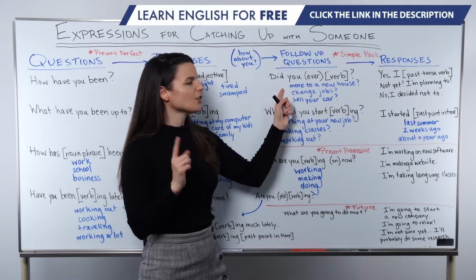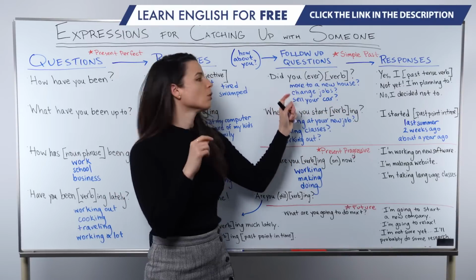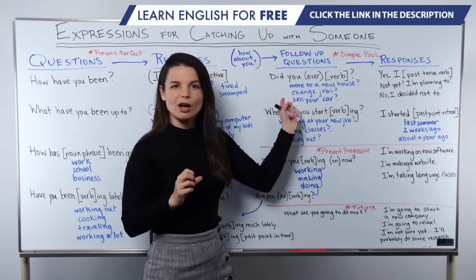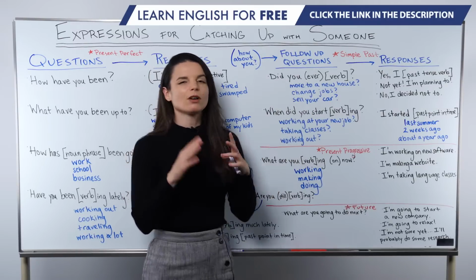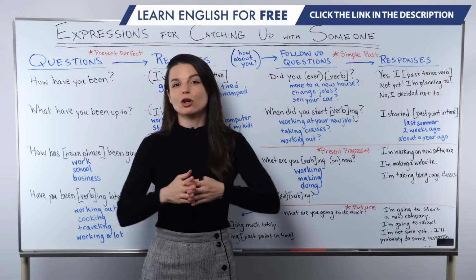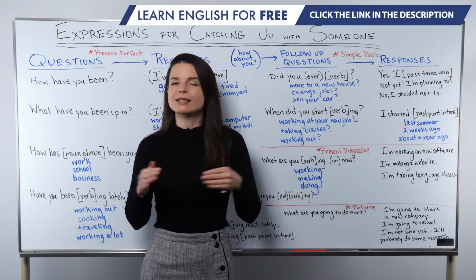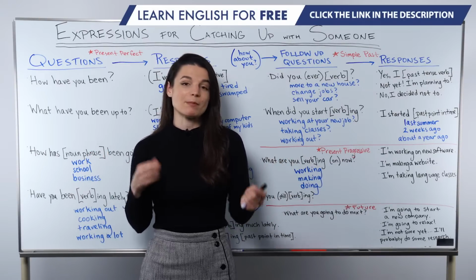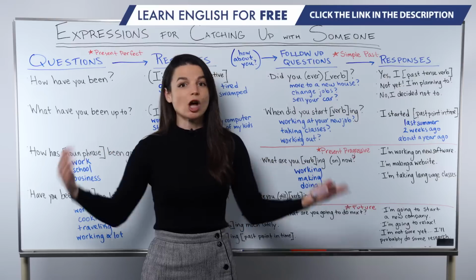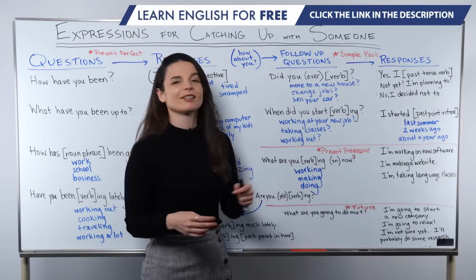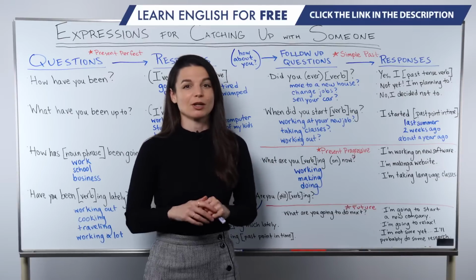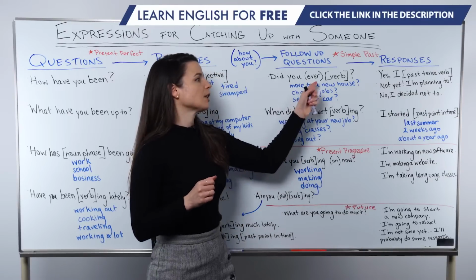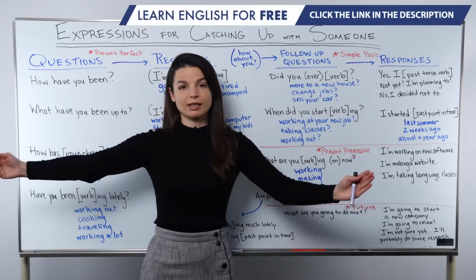For example, did you ever move to a new house? Or did you ever change jobs? Or did you ever sell your car? So this use of ever also is typically used after a long time, like you haven't seen someone for a very long time, maybe a year or more. You have a lot to talk about. If you saw the person like last month, it sounds too short, like that's too short of a time period to use ever. We typically use this over a long period of time.